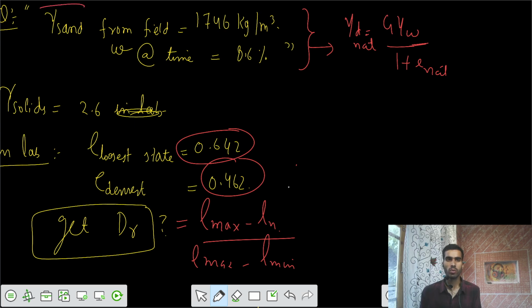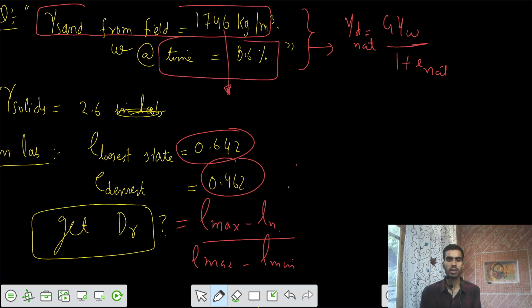But this is the value at some water content of 8.6%. So this is actually the bulk unit weight. Can you say this is your bulk unit weight? As the problem is saying, we are having some water content at that time. So this is your bulk unit weight of the soil in the natural condition, and that means your dry unit